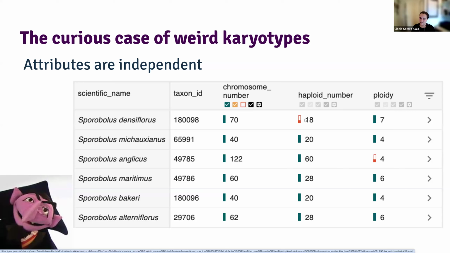If I go to GOAT, I can see where it is. That's because every entry for haploid number is done independently from chromosome number. Chromosome number is its own thing. For this species, chromosome number 70 is a direct measure, and the ploidy is 7. So most likely that's going to be a haploid number of 10.